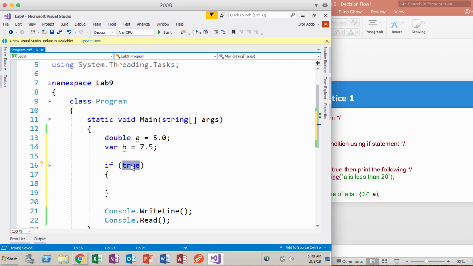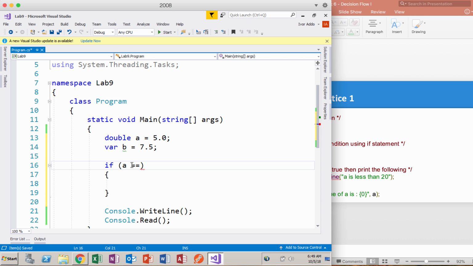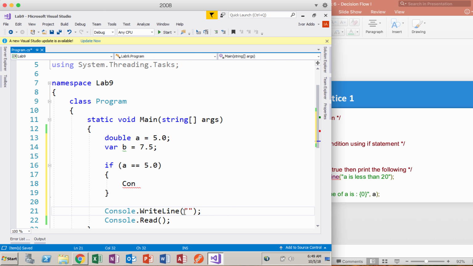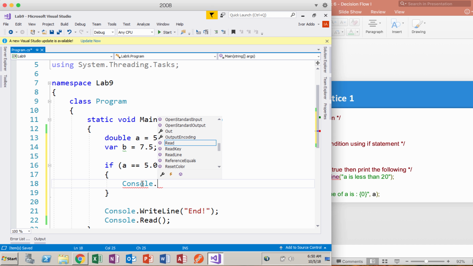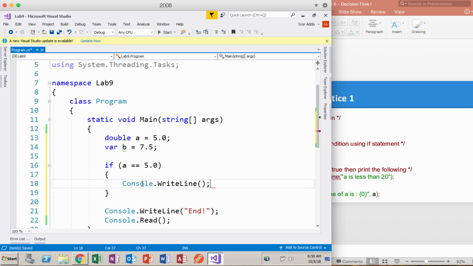So I need to test for some condition. To test for that condition, I can have if A is equal to 5.0, then perhaps console.writeLine, say end, so we know where the program ends. But if this condition is met, I want to console.writeLine the value of